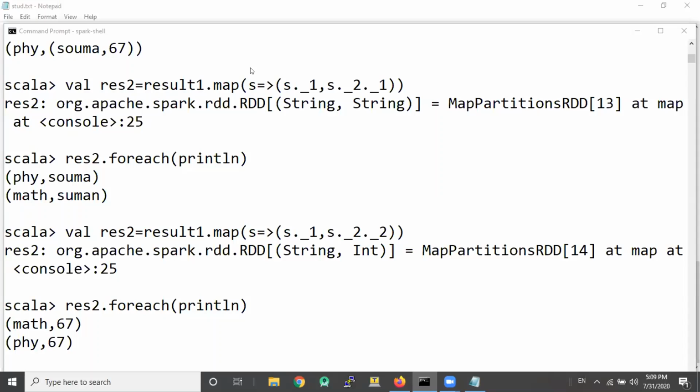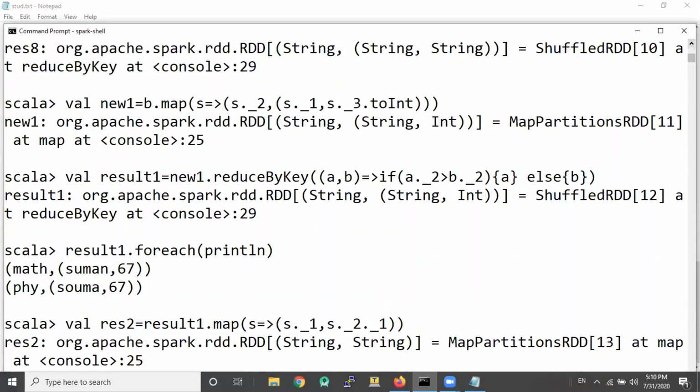When A, comma, B, comma, C is done, only C is compared, and according to the value of C, A and B values are displayed. No, not A and B value. The A and B, comma, C value for the relevant tuple is displayed, because that's what you did in your reduce operation. So here, what did you do?